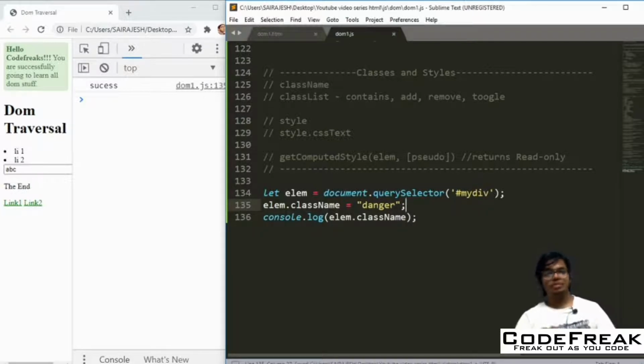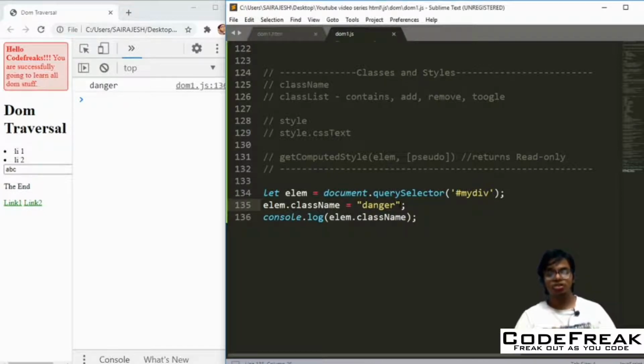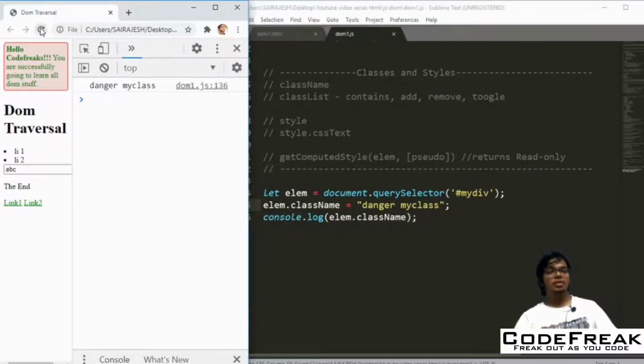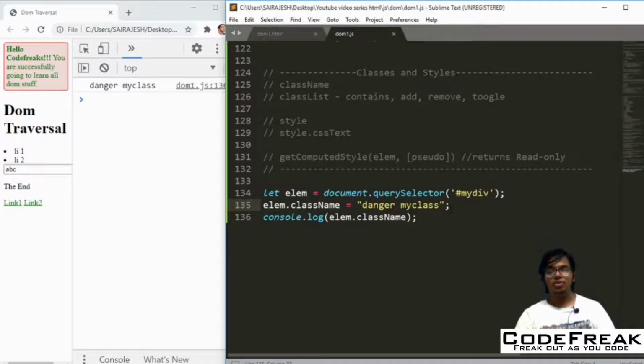Let's see what happens. So you'll get this red color thing, and maybe let's give danger, and also let's give myClass property. You do it that way. So you see that you get a green color text. See, that's what was there for myClass. All right, so this way you can use the className.